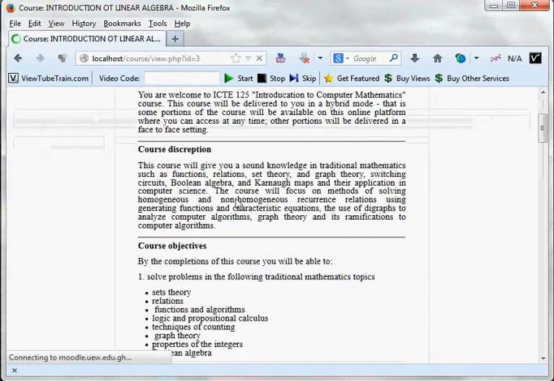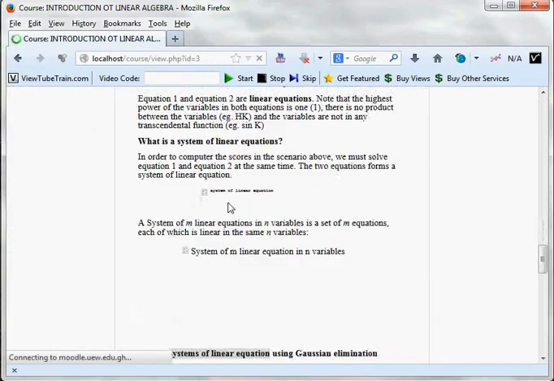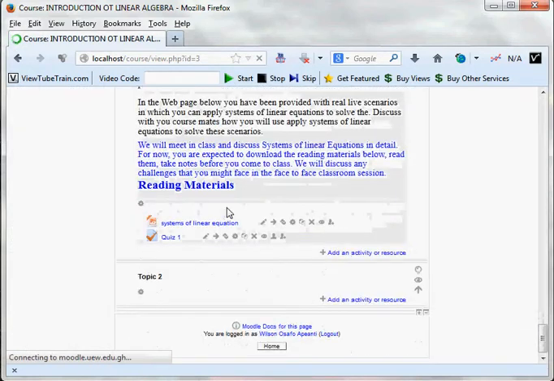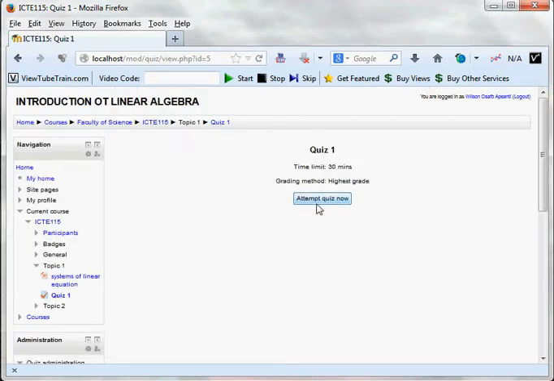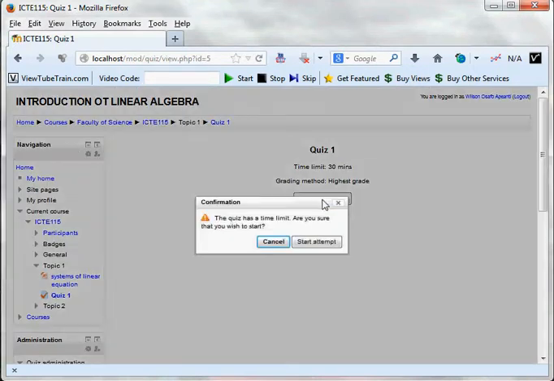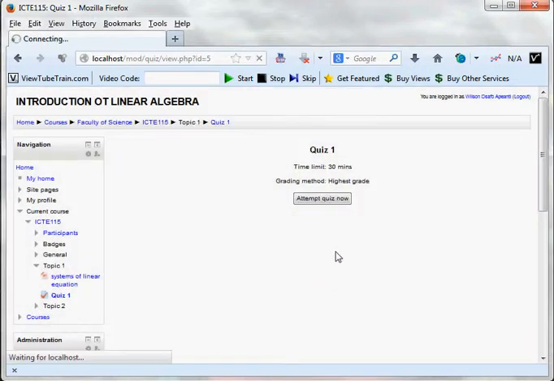And there we have the quiz for the students over here. So let me just select the quiz, for example. Remember, I have one question in there. Select the quiz, and then I can click on attempt quiz now. The time limit is 30 minutes, so I click on start attempt, and this start attempt will let me start